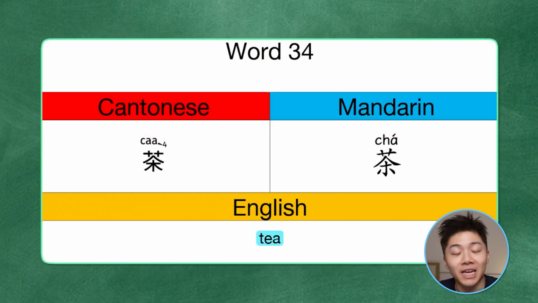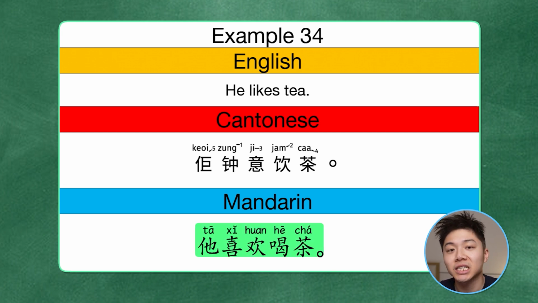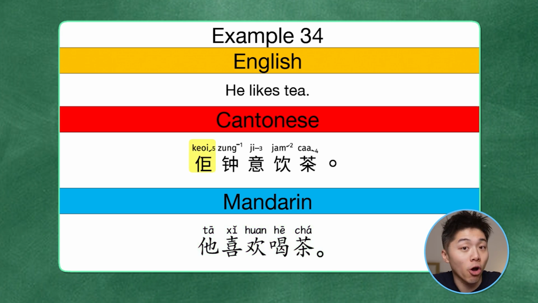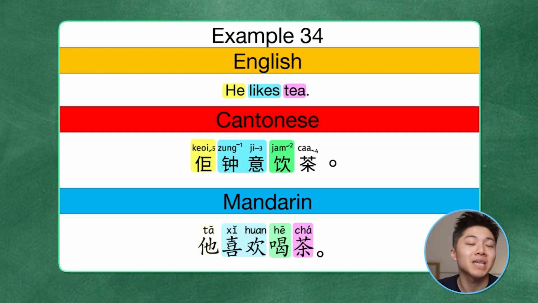Next, the word for tea in Cantonese is 茶. In Mandarin, 茶. Let's break it down. For example, he likes tea. In Cantonese, 佢鍾意飲茶。In Mandarin, 他喜歡喝茶。So in Cantonese, 佢 is he, she, it. In Mandarin, 他. 鍾意 means to like. In Mandarin, we use 喜歡. In Cantonese, for to drink, we use 飲. In Mandarin, we use 喝. And then 茶 means tea. In Mandarin, 茶. So 佢鍾意飲茶,他喜歡喝茶。